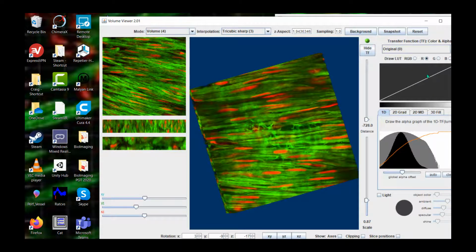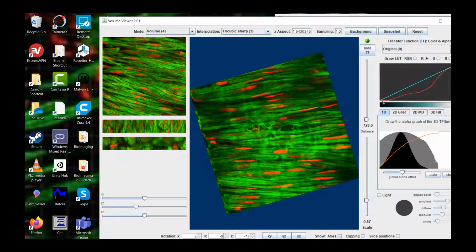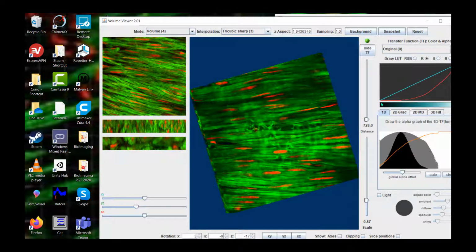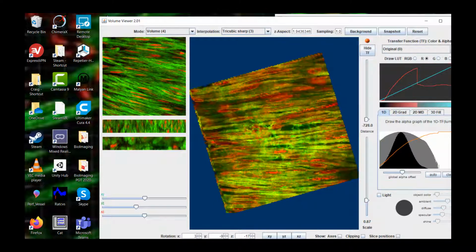Now I can play around with my red channel. See here, what I can do is I can change the brightness or the intensity, the contrast, by changing the shape of the red channel curve. And I can take in more red. I can pull it back.